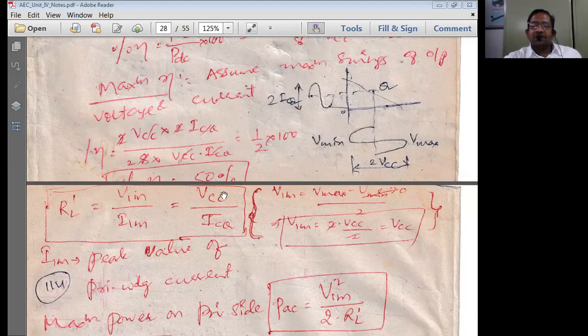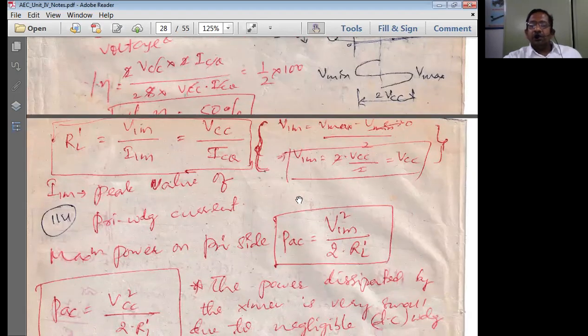The destination or a receiver should have a minimum 50% signal to extract the components of the signal from the received one. So here the efficiency achieved is minimum 50%. In the previous class, we got efficiency as 25% for a series fed directly coupled class A power amplifier circuit, that is without transformer coupling. With transformer coupling, how much have we got now? 50%. So obviously efficiency has been increased because of the transformer coupling.